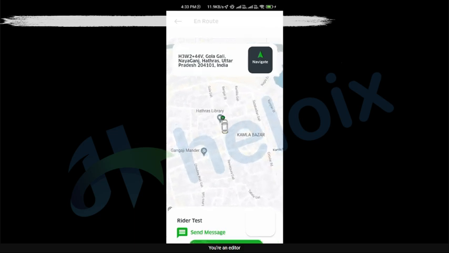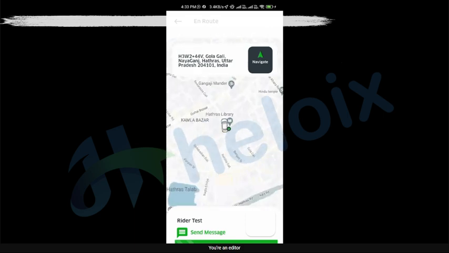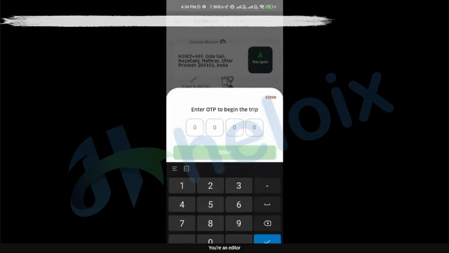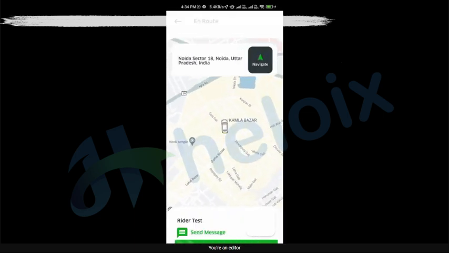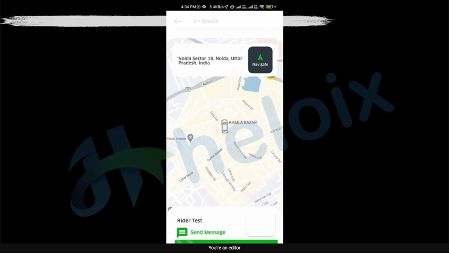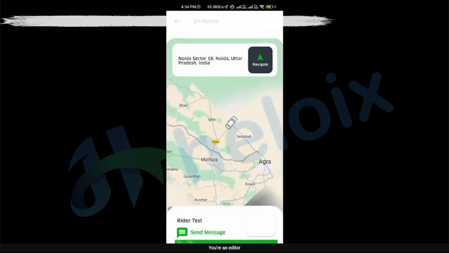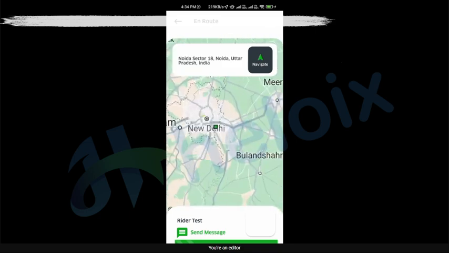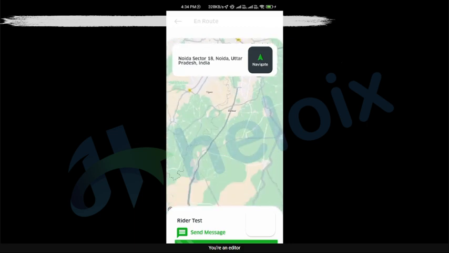Okay, here see, we go for booking. Okay, here as a driver, now I ask for the OTP. I will add my OTP here, then the ride will start. Okay, so after the ride completes, we can book again. So let me show you where we need to go. So this is live, so it will show you where we need to go. See that green point, you can check. This is the green point where the rider wants to go.